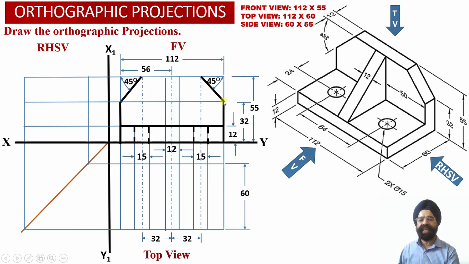Similarly, from the right hand side also, from this starting point which is existing at a height of 32 millimeter from the base, again one inclined surface edge view line we are going to obtain, which will be inclined at an angle of 45 degree with respect to the top surface over here. And then once we locate these two top face intersection points corresponding to this surface and corresponding to this surface over here,